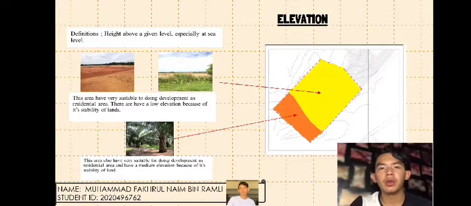Today I will present about elevation. Definition of that: height above a given level, especially at sea level. This area is very suitable for development as a residential area. They have a low elevation because of its variety of lands. This area is also very suitable for development as a residential area, and has a medium elevation because it is